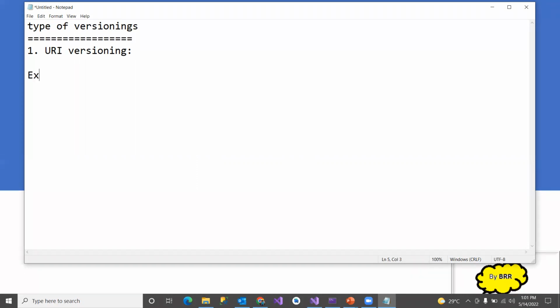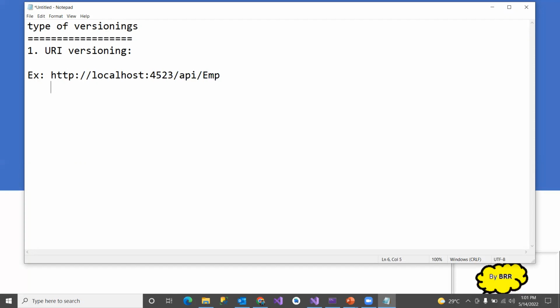For example, if your URL is something like localhost:4523/api/emp, and this is the URI to get all employees, then with the URI versioning approach,